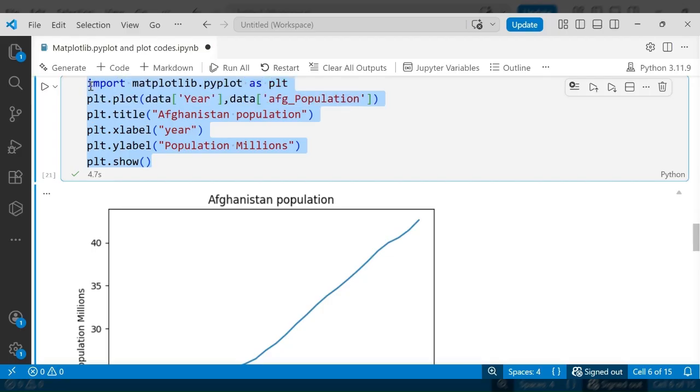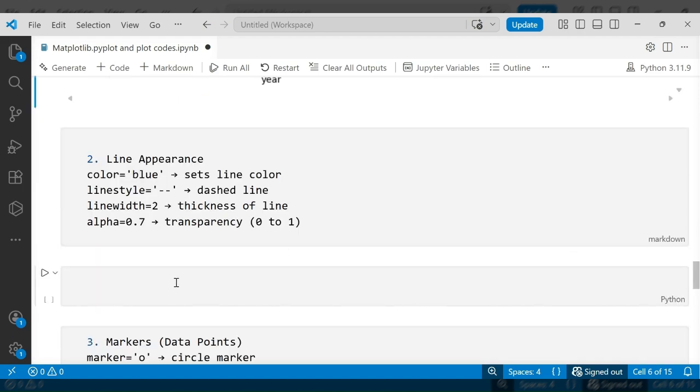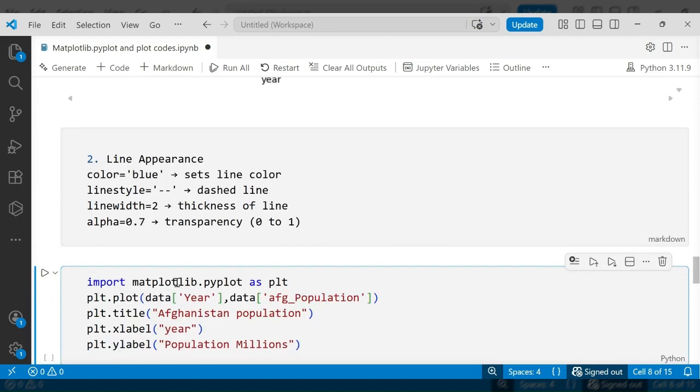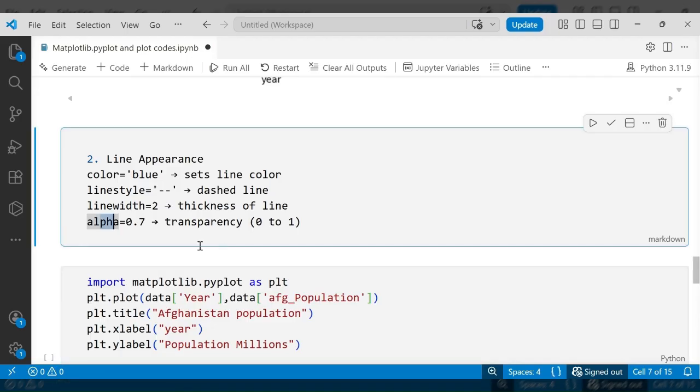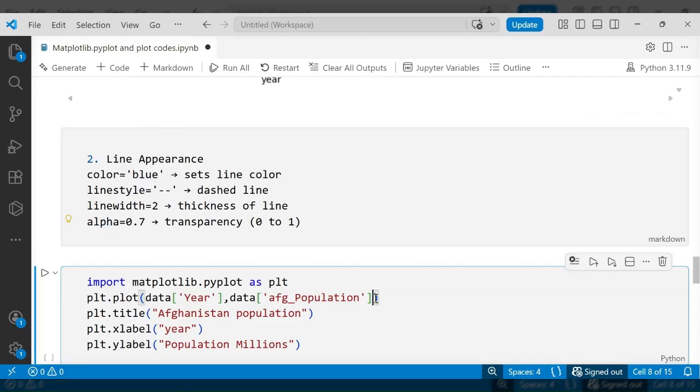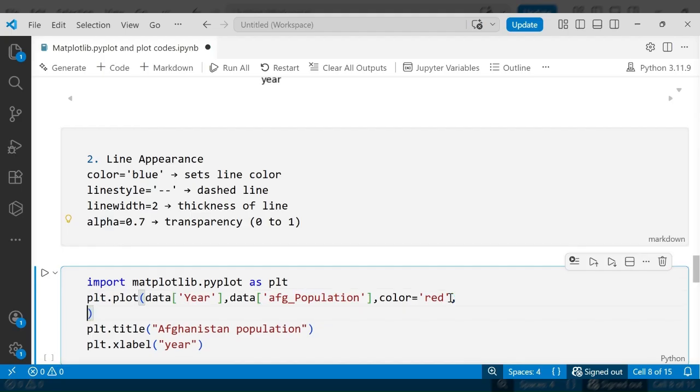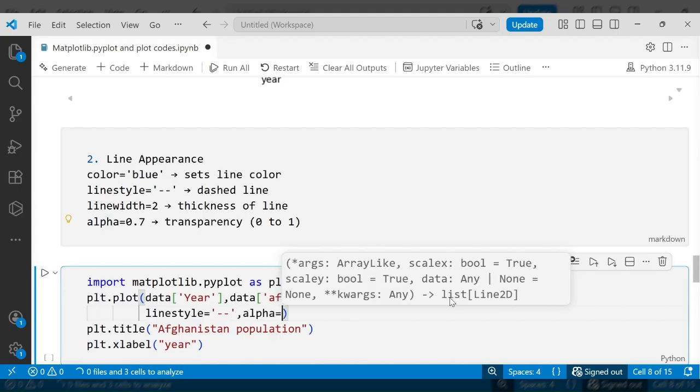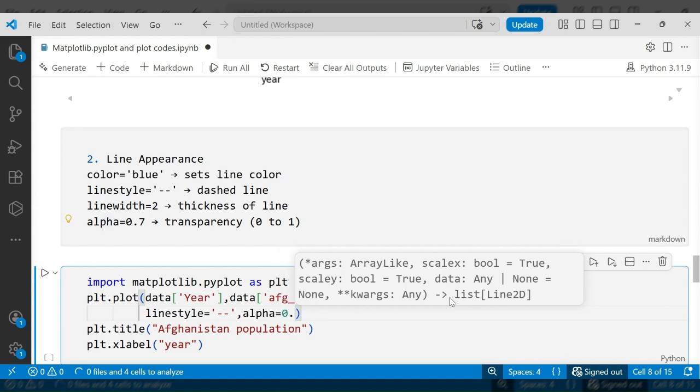For example, I want to change the color of the line from blue to some other color, or I want to change the style of the line, or the transparency of the line. I can do all of them. So I will be changing the color to red, and I also will be changing the line style to dashed, and then I will be changing the alpha or transparency of the line. Now it is 1, so I can put the transparency to 0.5